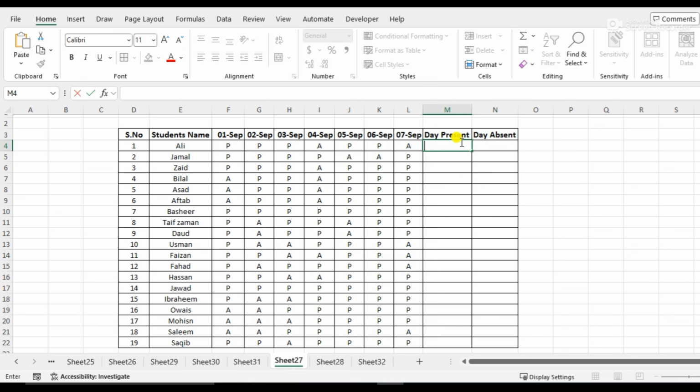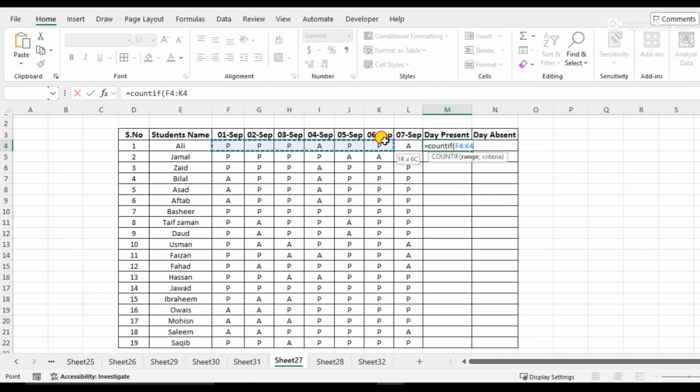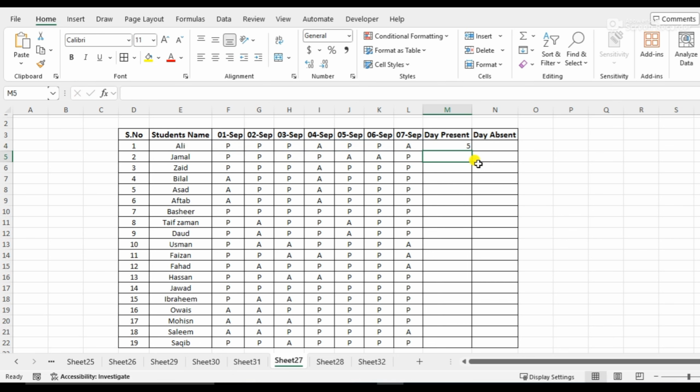So the formula is, we can write equal and write COUNTIF, bracket, and select this range, the first one, and then comma and double quotes, and write P and close the bracket and enter. Here we can see that it automatically calculated only the present. So I have dragged this formula to all, so double click on this and it will automatically apply this formula